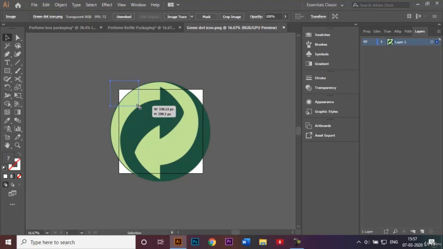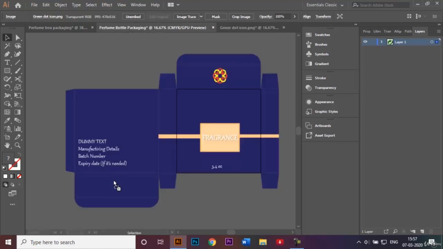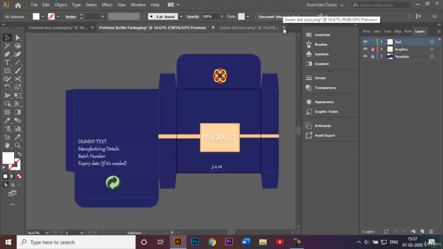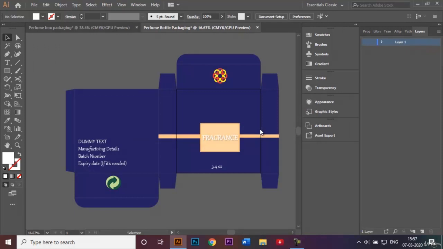I'll resize it like this. Resize this further and get that over here to my main document like that. And I'll close this one as well. So there you go. We've made our perfume bottle packaging, and the only thing that's left to do is to